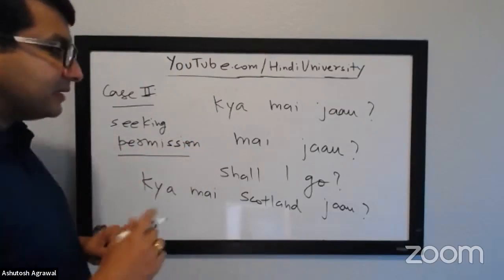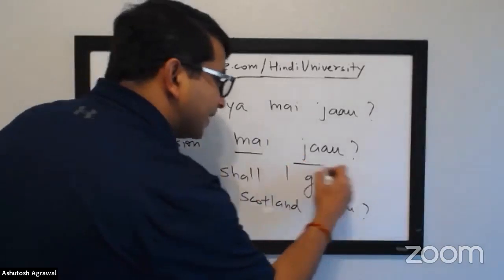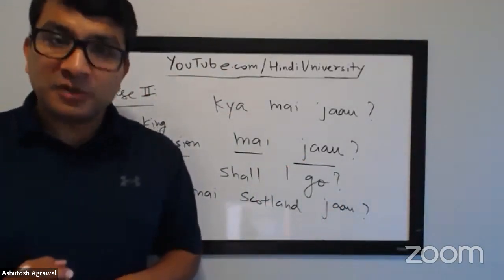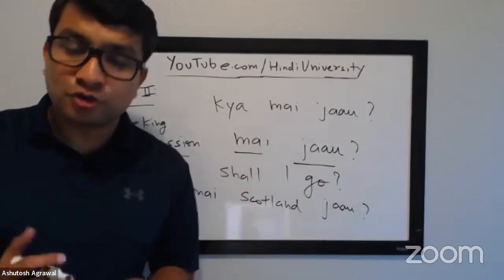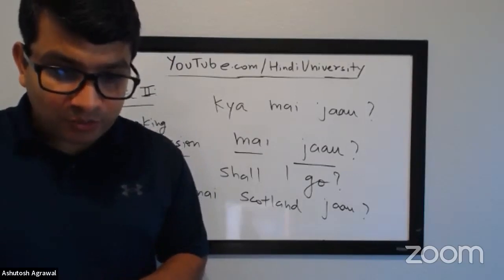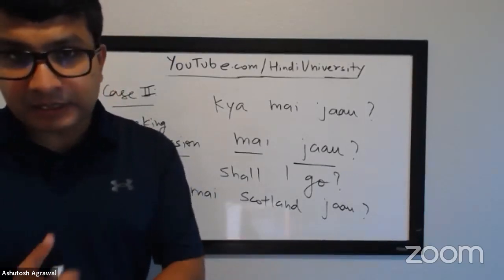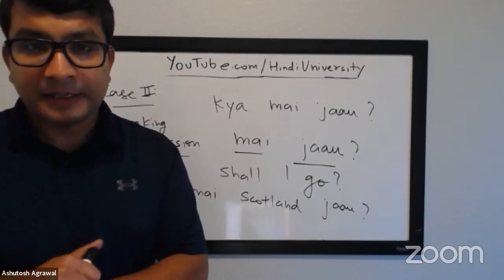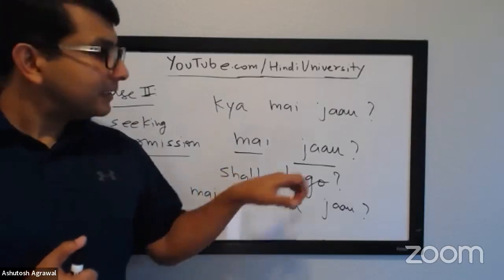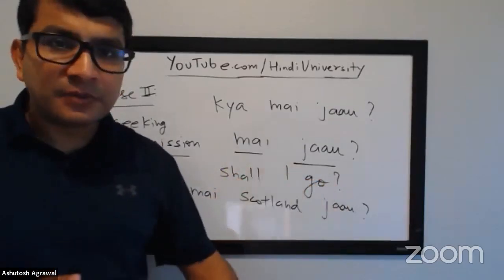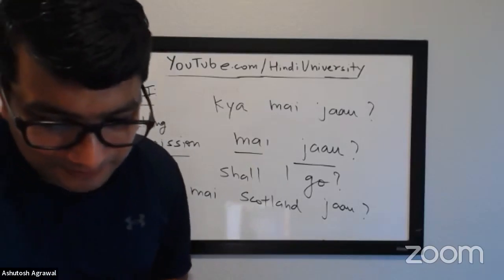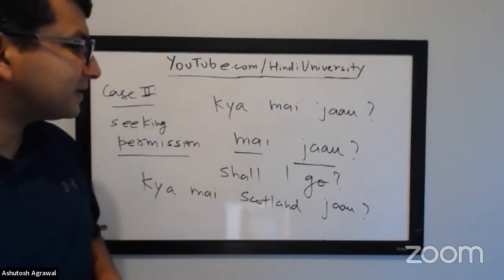Now go back to how we started the class. It's still मैं जाऊं. The verb is still conjugated in such a way that jana is to go, which becomes jaunga, jaungi in future indefinite, and you just remove the ga and ge and gi in the end. In case number 1, it was showing possibility, and here the way it is said, you are seeking permission, but it's still the same sentence. Also, any question here?